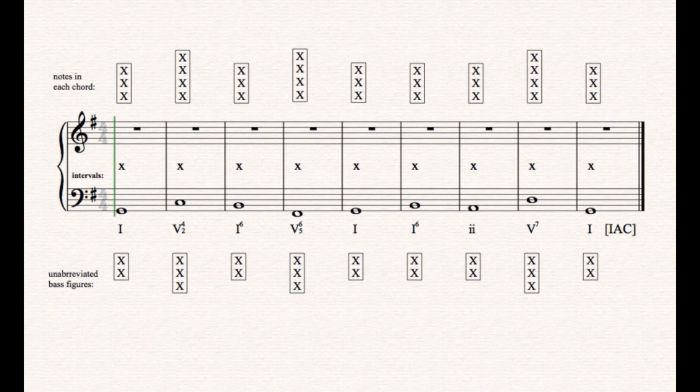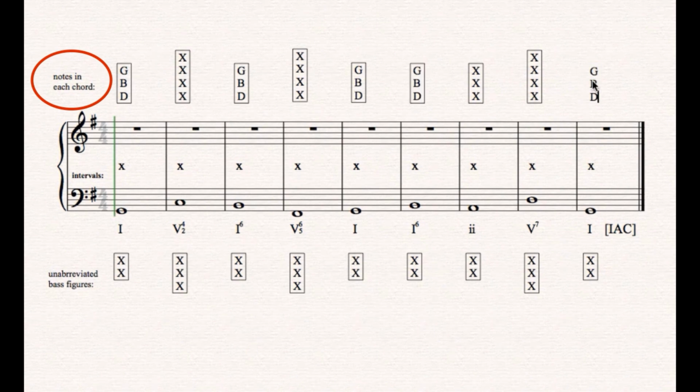Now there are also boxes above and below the grand staff here. The boxes above the staff are for you to write the notes that are in each chord in letter names, knowing that first species limits us to tones that are in the chord. The notes in the chord will be the ones that you can use in any given bar. So for instance, starting with the tonic chord, we're in G major, and the tonic has G, B, and D in it,